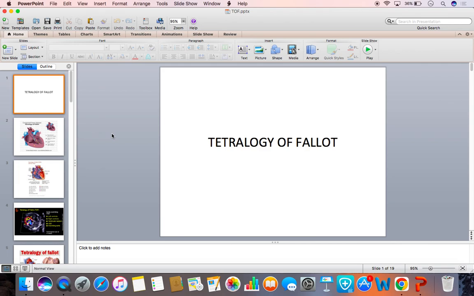Well, to avoid cerebral thrombosis, prevent development of polycythemia, give iron to reduce the frequency of paroxysmal hypoxic spells. Then advocate prophylaxis for infective endocarditis. And by and large, advise early surgery.